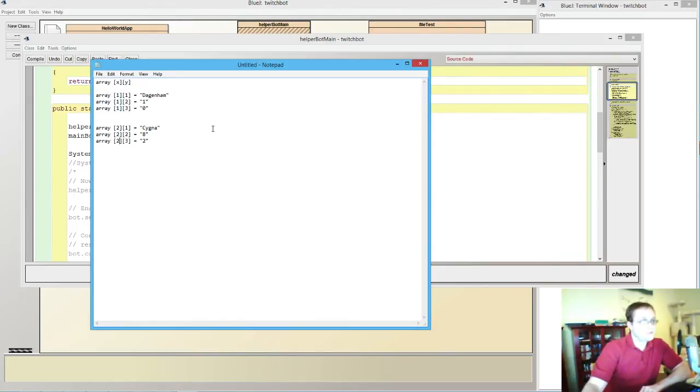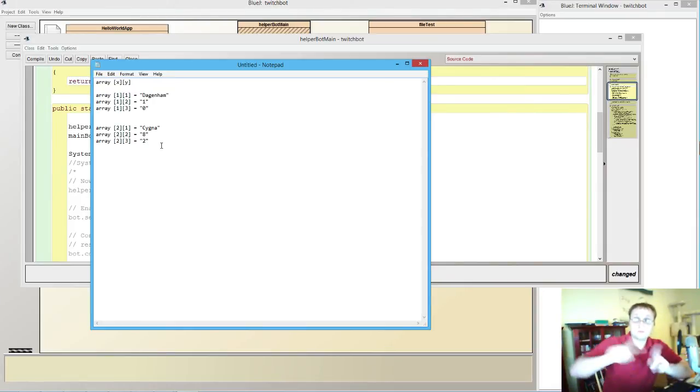We have this 1, 2, and 3. Here, here, and here. You have to know what those indexes are. You have to know that index 1 is going to be the name, index 2 is going to be the points, and index 3 is going to be the number of tickets. If you don't know for a fact that those 3 pieces of information are stored in those 3 numbers, then you're going to be having to look it up every time, instead of having it be a name, like,